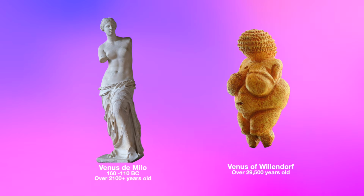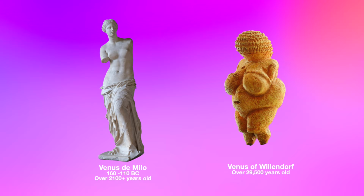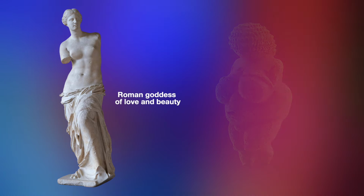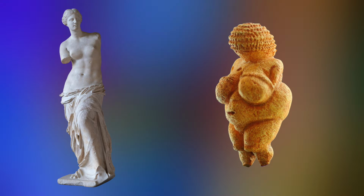The label reflects the 19th and early 20th century biases and prejudgments of the discoverers at that time. However, some scholars prefer to call the statuette the Woman of Willendorf, recognizing that its true meaning and significance remain a subject of speculation. While Venus was the Roman goddess of love and beauty, applying this interpretation to a sculpture created tens of thousands of years earlier is problematic. Scholars are unsure whether this ancient work had any connection to the concepts of love or beauty as embodied by